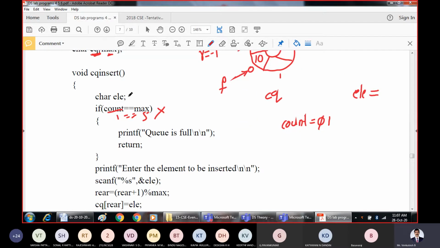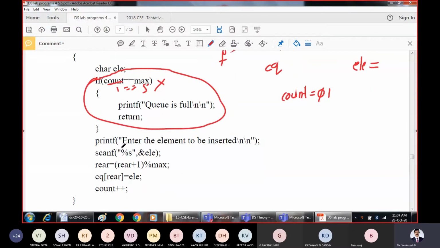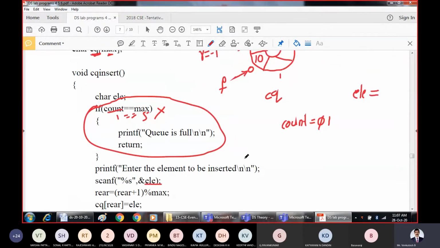That will be executed only once, at the end, when the entire circular queue is full. Next, ask the user to enter the element which they want to insert, and store it in a variable called ELE.